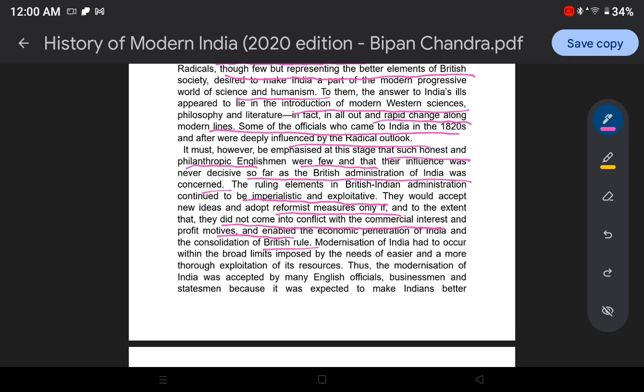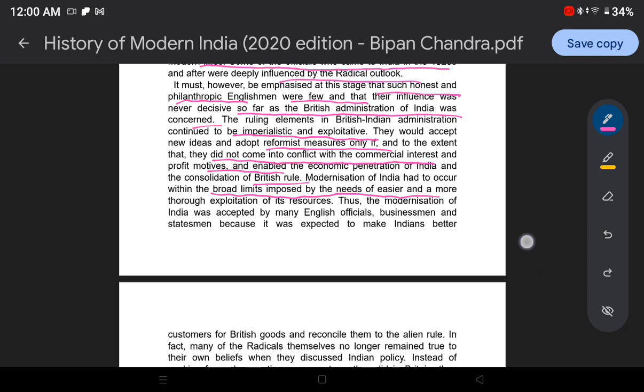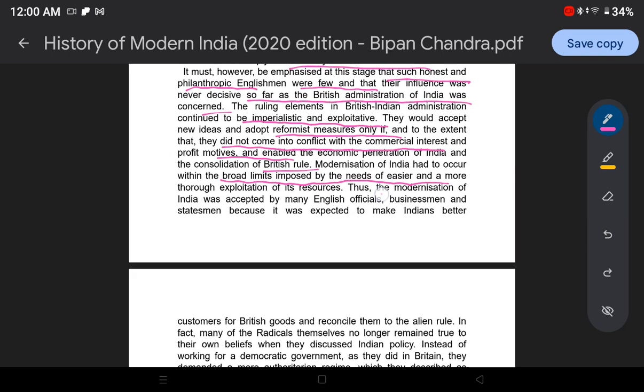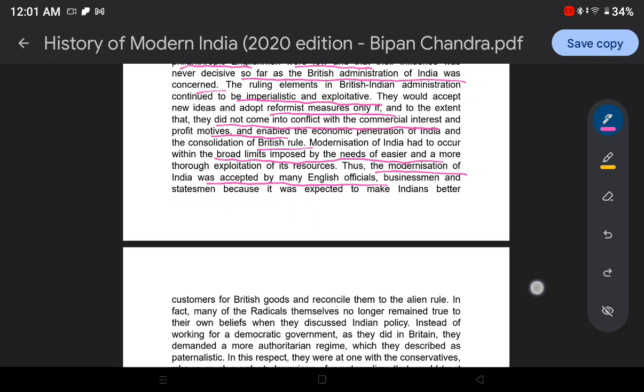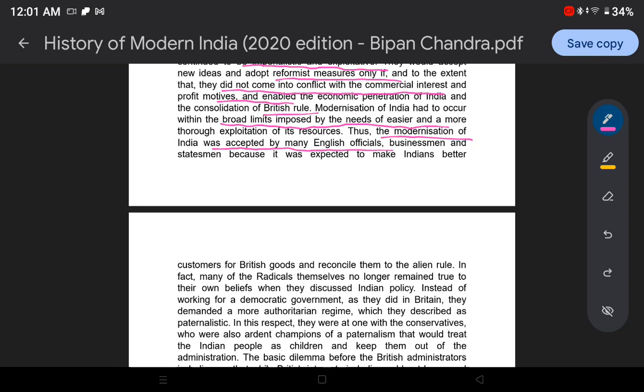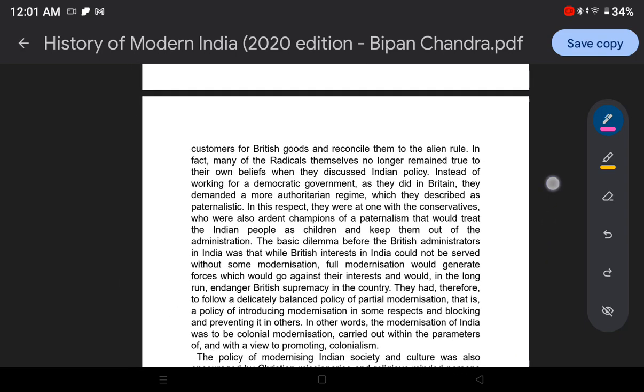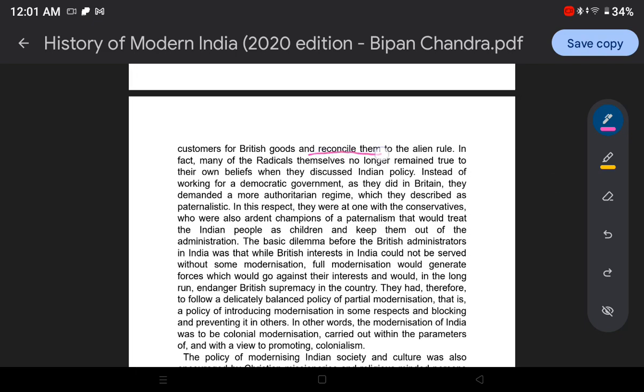Modernization of India had to occur within the broad limits imposed by the needs of easier and more thorough exploitation of its resources. Thus, the modernization of India was accepted by many English officials, businessmen, and statesmen because it was expected to make Indians better customers for British goods and reconcile them to the